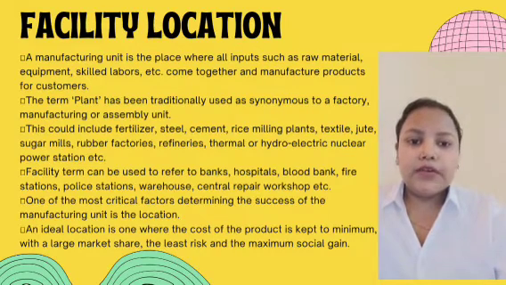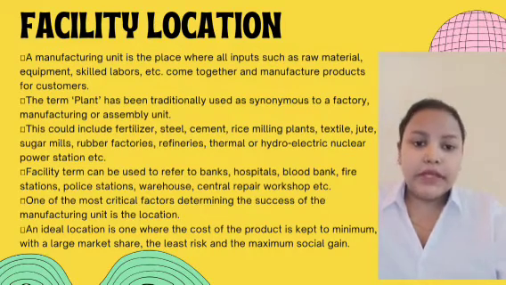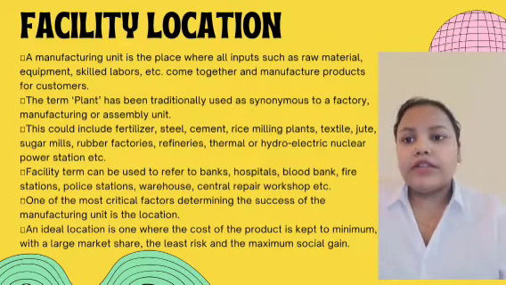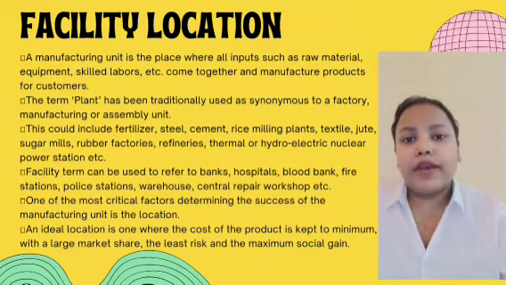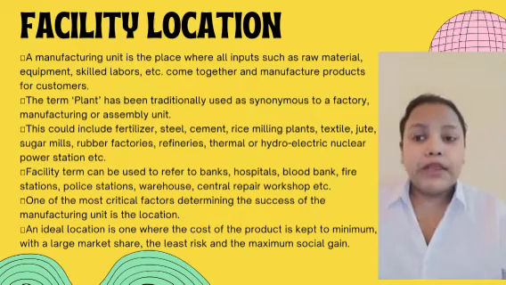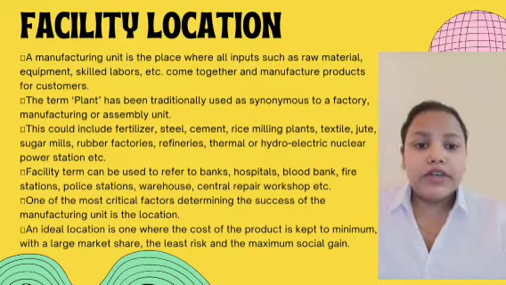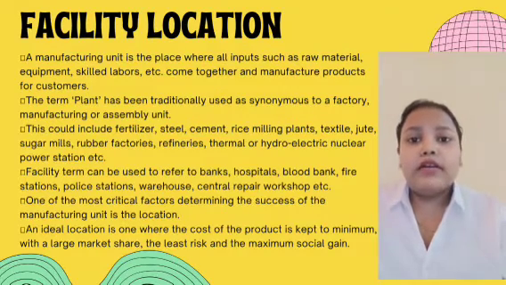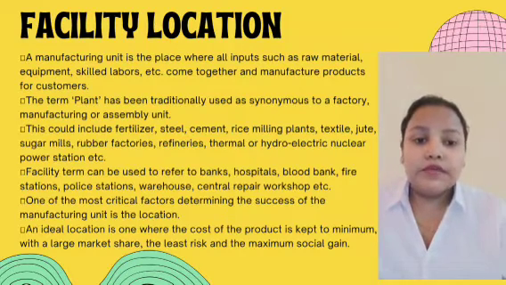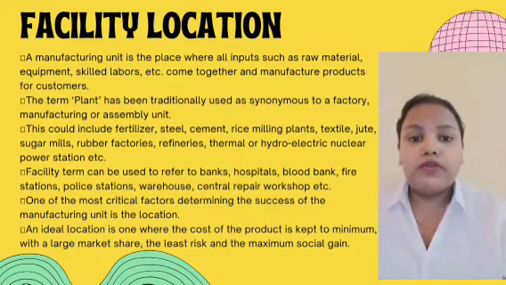Facility location. First, we are going to see what facility location is. We will see the meaning of facility location. The first point is a manufacturing unit. It's the place where all inputs such as raw materials, equipment, skilled laborers, etc. come together and manufacture products for customers. What is a manufacturing unit? A manufacturing unit is a place where all the things are gathered and organized, like raw materials, all the equipment needed, and all the skilled laborers who will perform the work, who come together and manufacture the products